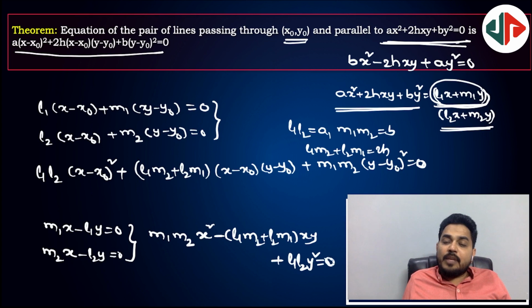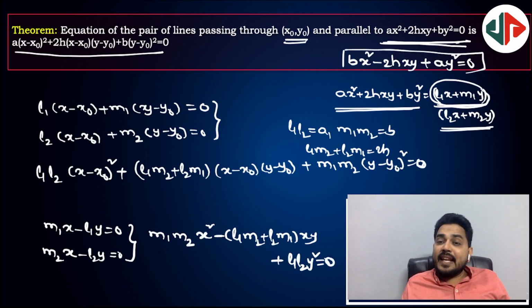So it will be reduced to this particular equation. And for the pair of lines perpendicular to this one and passing through x naught y naught, you will get b times (x minus x naught) whole square minus 2h, remaining thing same, plus a times (y minus y naught) whole square